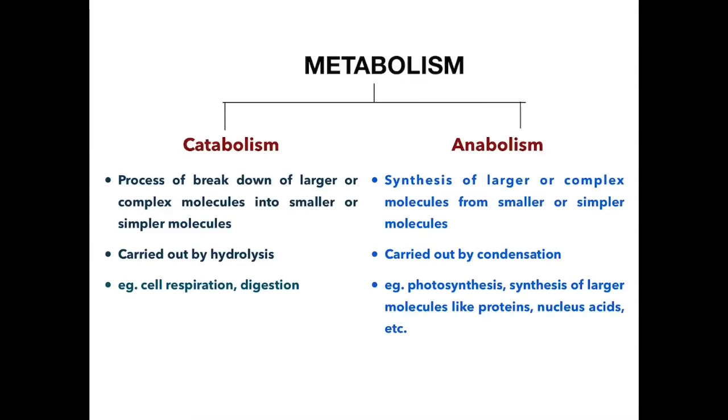So now let's start with the metabolism types. Basically this metabolism is always classified into two. One is called catabolism and another is the anabolism. And make sure that you remember this concept clearly, because in the later units 2.3, 2.4, 2.6, 7, and if you are an HL biology student, then you have to remember this thing for the HL part as well, right? Because many questions they will ask using the concept of the catabolism and anabolism. So let's discuss what is catabolism and what is anabolism and how you can remember easily. Here I am going to give you a quick tip so that you can remember the concept of catabolism and anabolism clearly.